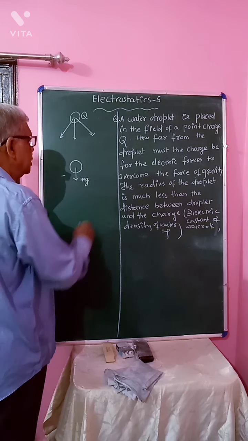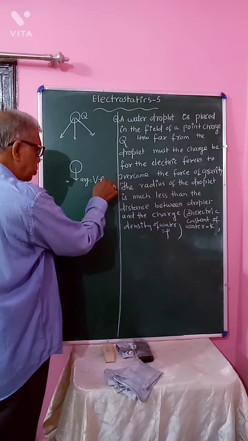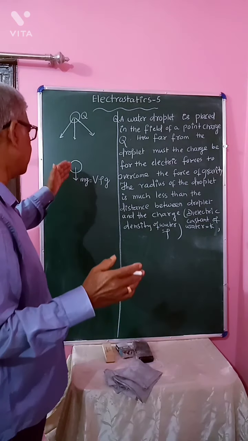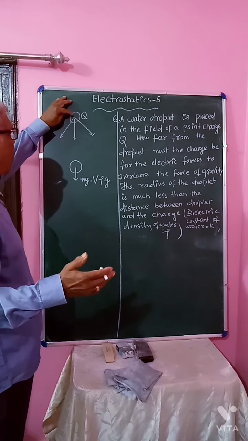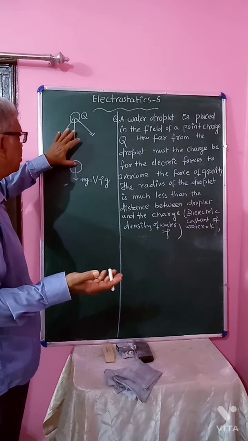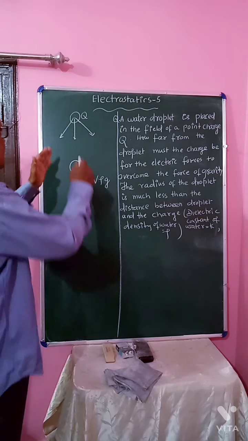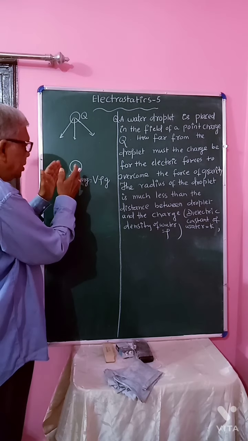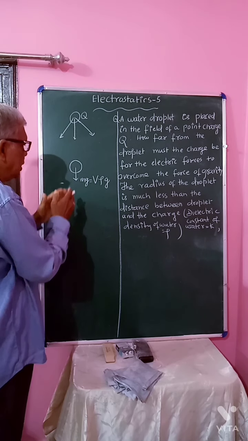Now, the gravity is downward mg, that is, if volume is V, density rho, then this is the weight acting on the water droplet downward. Now, how do we expect that this charge will exert an electrostatic force acting in upward direction? Now, this charge produces a non-uniform field, and in the non-uniform field of the charge plus Q, the water droplet